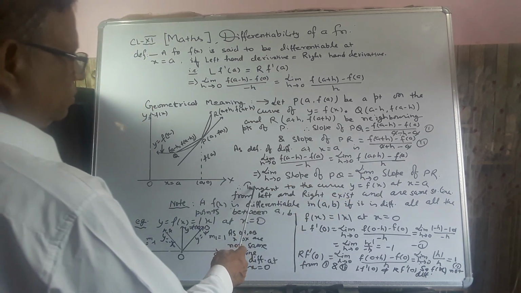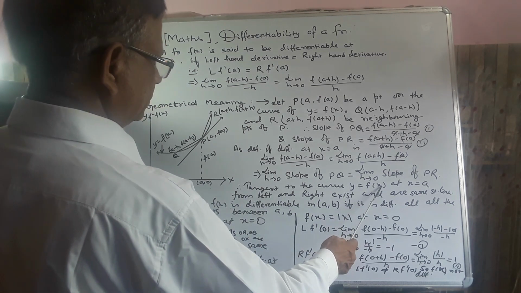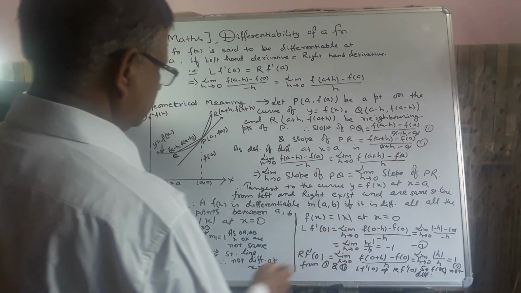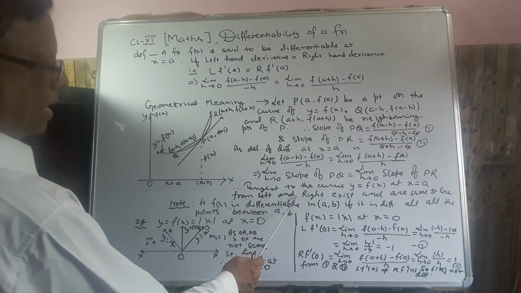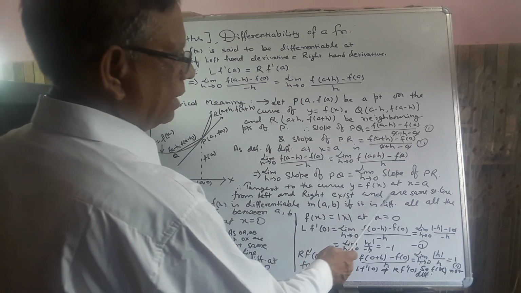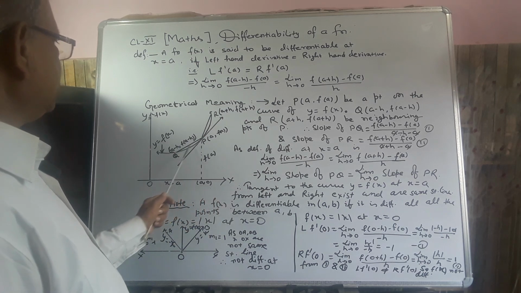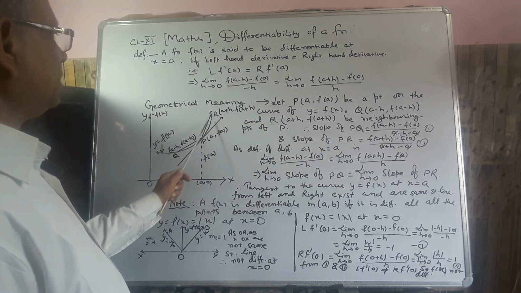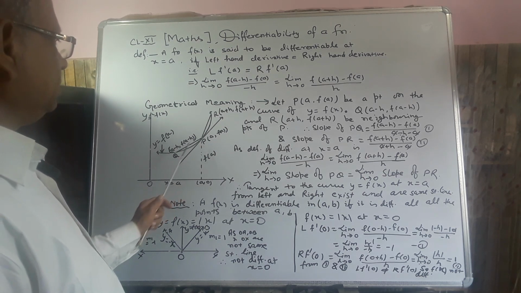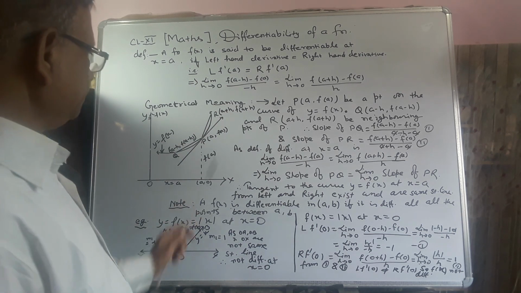So therefore, the tangent to the curve y equal to function of x at x equal to a from left and right must exist, that is, it should come out as a real value, and they are the same straight line. Both should be the same straight line. The tangent on this side and on this side, checking at point P, should be the same straight line. PQ and PR should be the same straight line; only then can we say the function is differentiable at P.